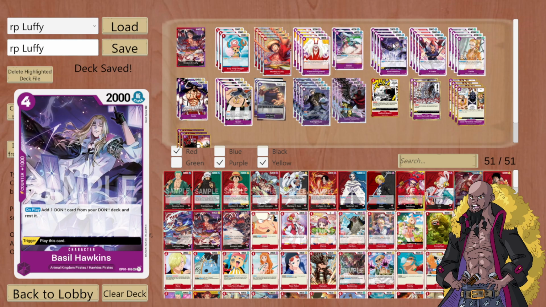Now, of course, there's other characters that have an ability similar to this, so why Basil Hawkins? Well, it has counter, it has 1000 counter, but also when it gets hit in trigger, it's so sweet because you can play him for free and you get that free Don. Remember,